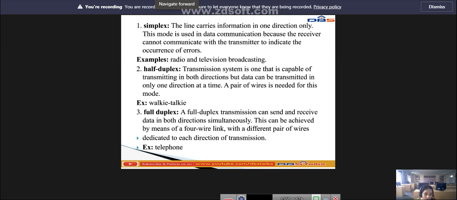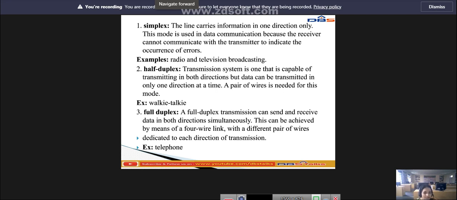So in the half duplex mode, between two devices, think of device A and device B. Device A is the transmitter and device B is the receiver. In the first mode, only one line was there, and in that one line data is transmitted to the receiver. The receiver doesn't communicate with the transmitter, but here, in both directions, they have communication. But only the transmitter has the right to send the data. The receiver only responds to the transmitter.